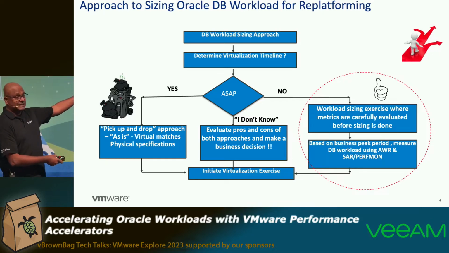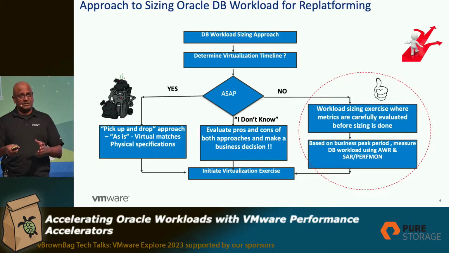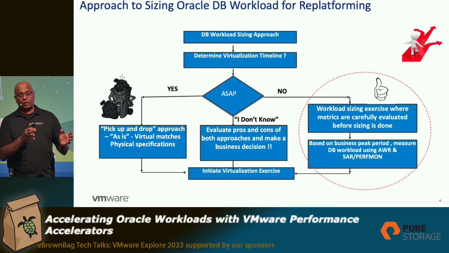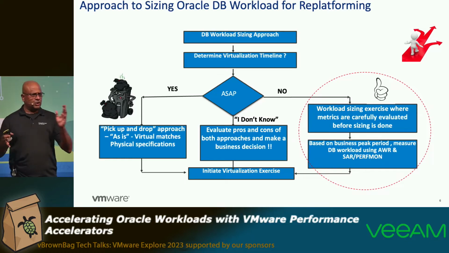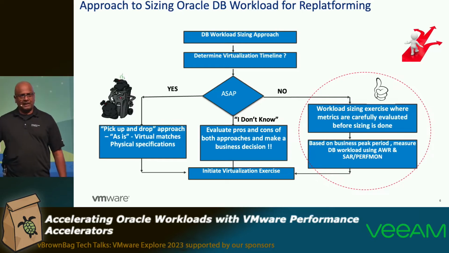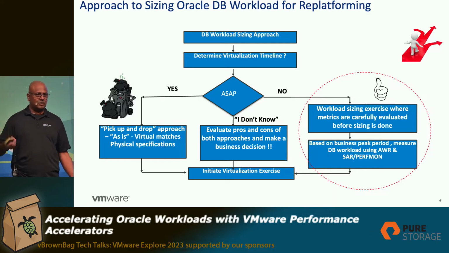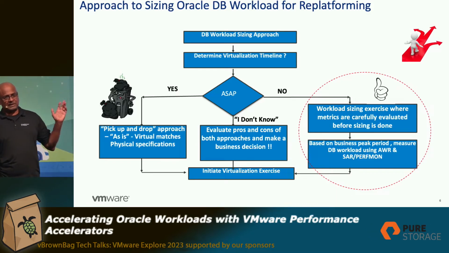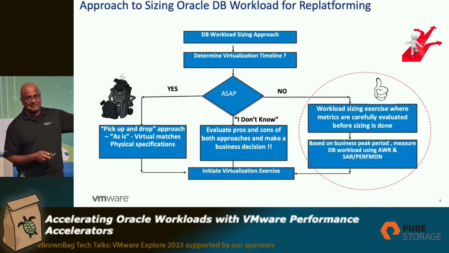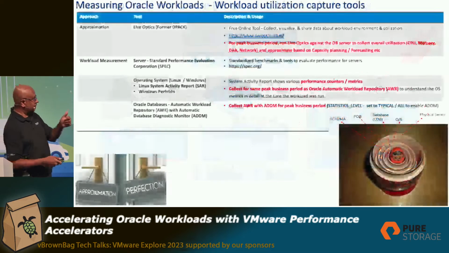When you start looking at the other side, where you do have some essence of time, that's the approach you want to take, where you measure the workload, and then you rightfully size what that workload should look like in a virtual machine. You would do the same thing when you move from physical to physical. You wouldn't just go and say, okay, fine, I came in from HP, I'm going to buy Dell, I don't care about the number of sockets and cores, I'm just going to stick some sockets and cores, and I'm going to pray to God that it works. That's not how things work. You will do right sizing. So right sizing, very important.